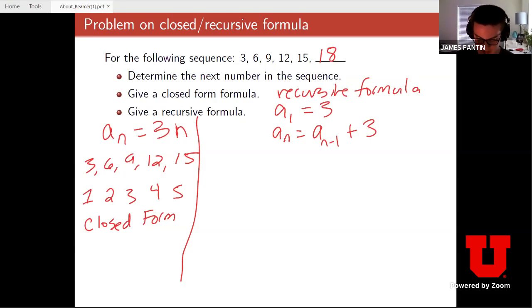One thing I want to go over, so it'd be kind of easy to find the recursive formula in this one, just because they're each going up by 3. So we can just see that it's just whatever the previous number is plus 3. But one way we could kind of find this in general,